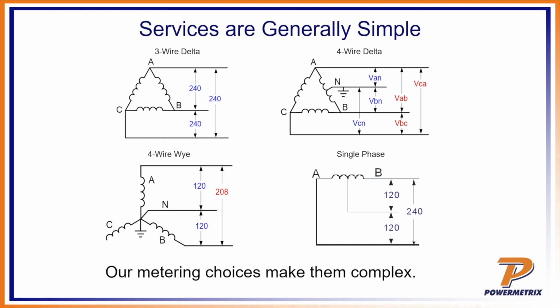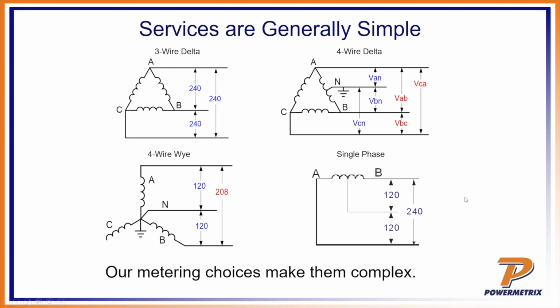And this gives us some unique properties that we can take advantage of, where we have different voltages from phase to neutral or from phase to phase. A 4-wire Y also has a neutral tap, but it is center tapped. And so I get 120 from phase to neutral, but 208 from phase to phase. An important thing to notice about this one is that phase C is not utilized. And then, of course, there's a single phase. In the single phase, I get 120 from phase to neutral and 240 from phase to phase.